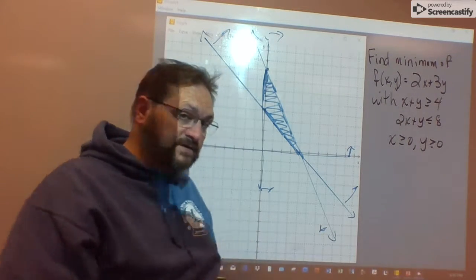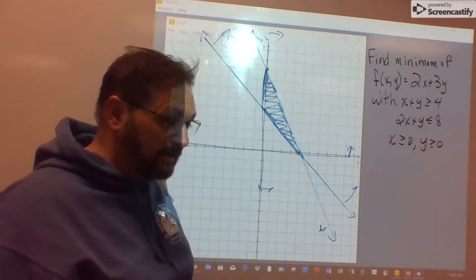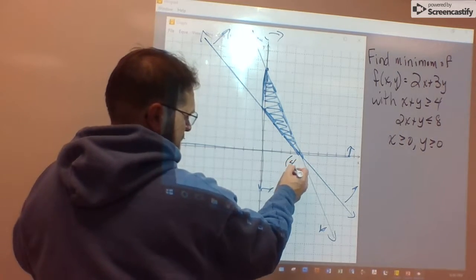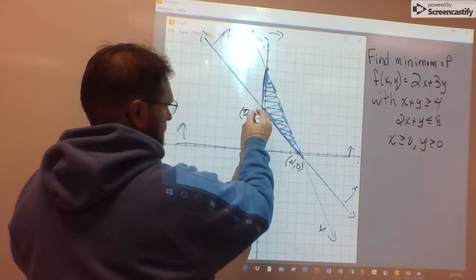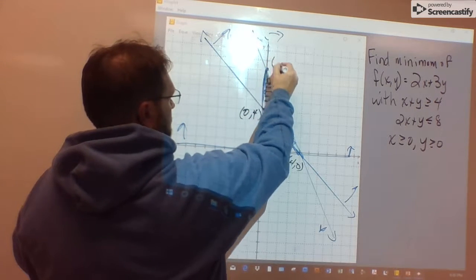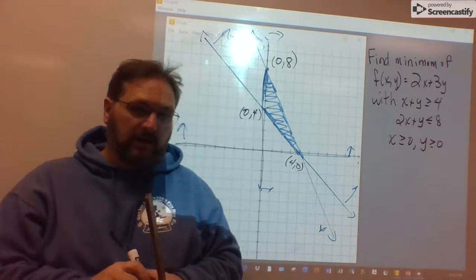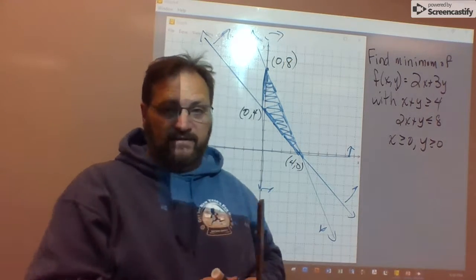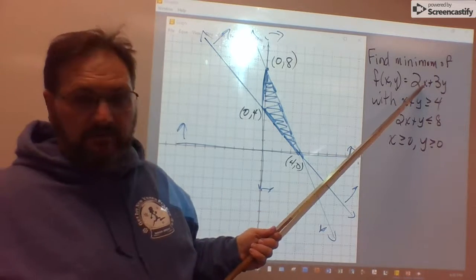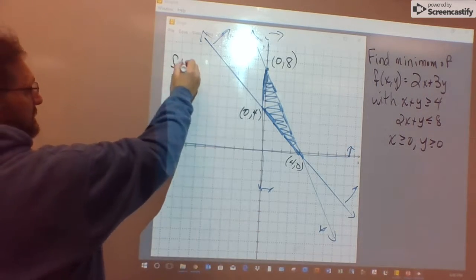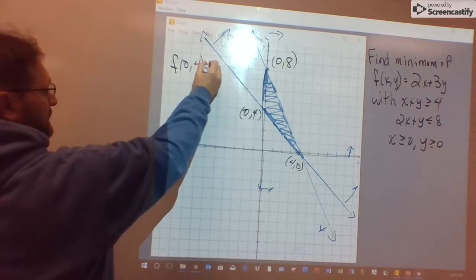Its corners are going to give us both a maximum and a minimum. So at (4, 0), (0, 4), and (0, 8), plug them into our function f of x, y. F of 0,